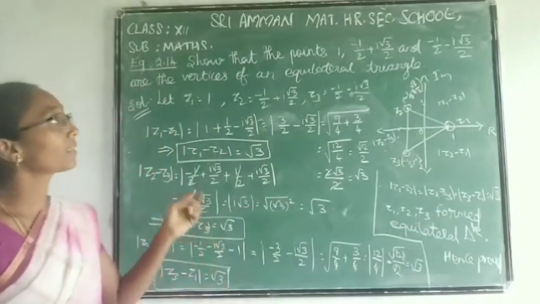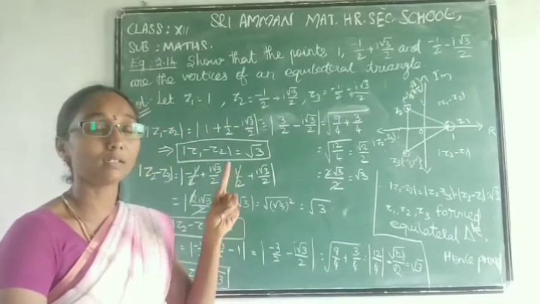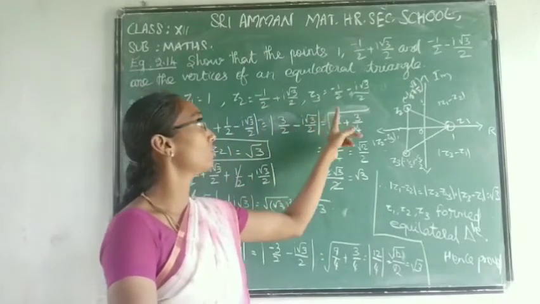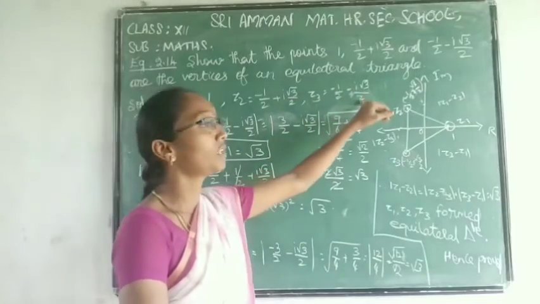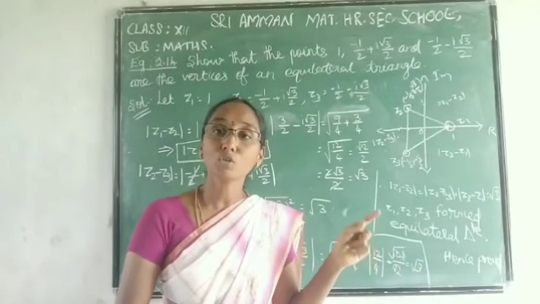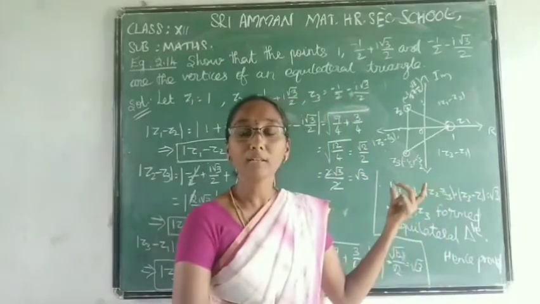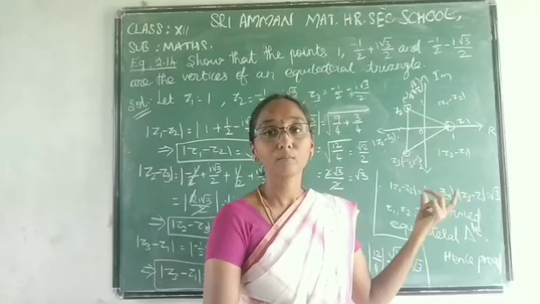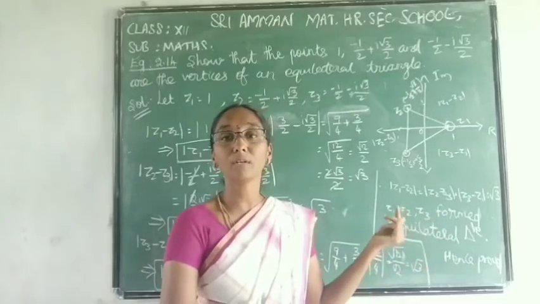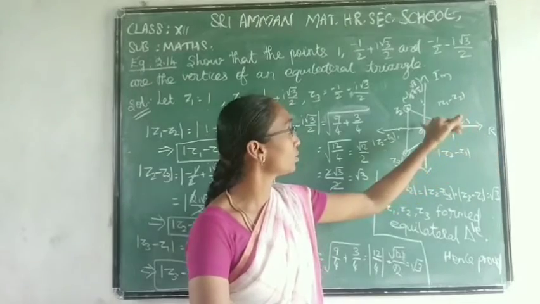First of all, you check these complex numbers. z1 has only a real part, and then z2 is minus 1 by 2 plus i root 3 by 2. Comparing these two, only the sign of the imaginary part changed. So z2 and z3 are conjugates of each other. So first you draw the diagram and plot the given points in the Argand plane or complex plane, with real part and imaginary part, these being z1, z2, z3.